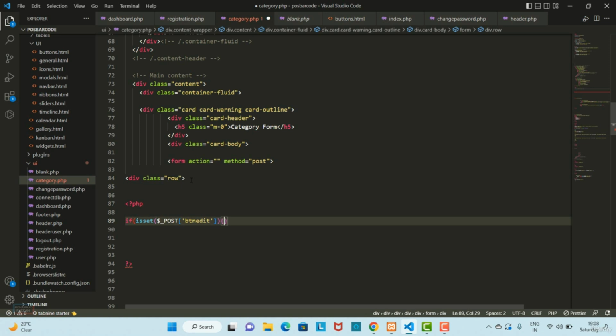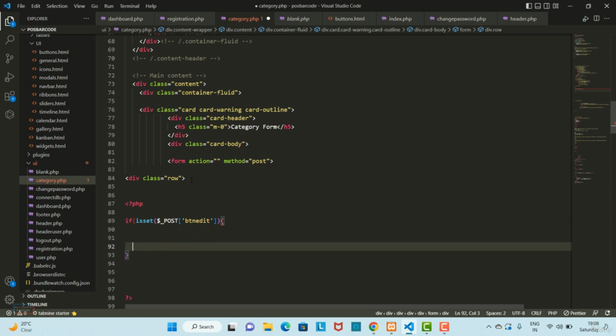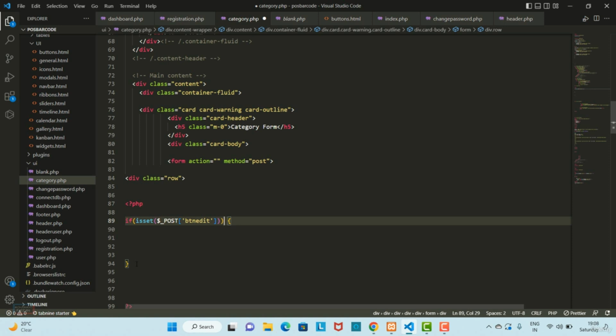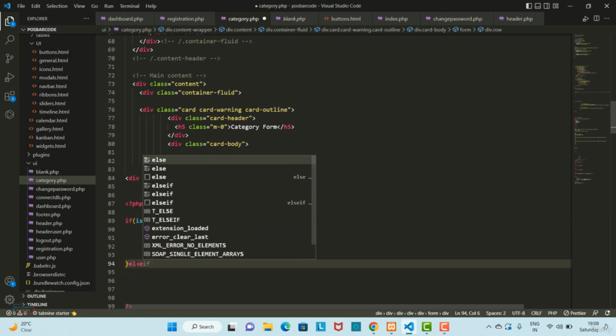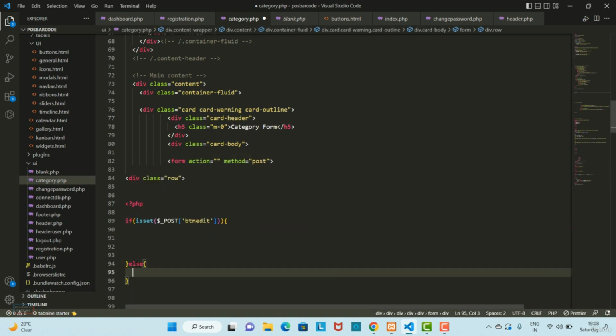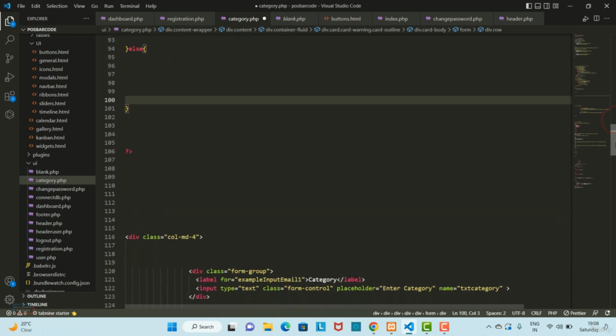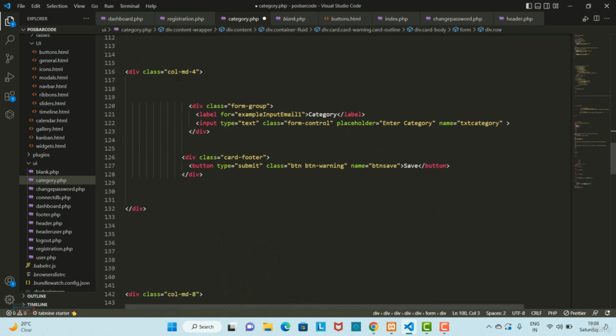Now let's open the tag and close tag of our form, and you can see here, and here we need to close the if condition. Okay, and here I need to write the else section, and open and close tag of the else section here. Okay, and what I need to do, simply I am going to copy this